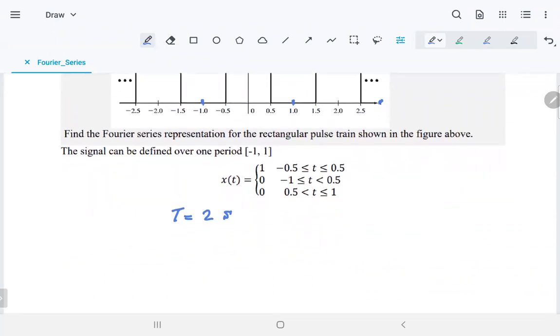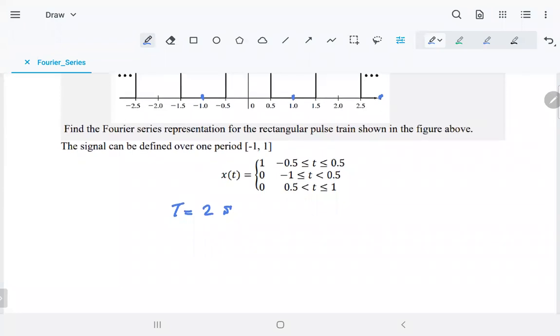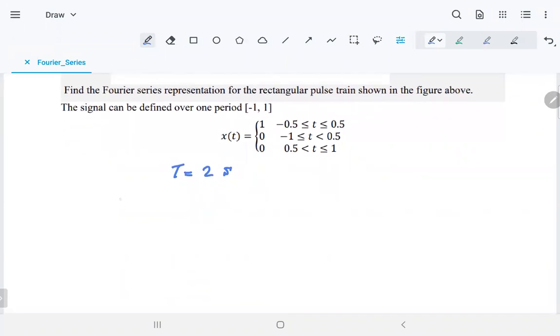Were you asking what the first thing you need to do is? Yeah. That's the average value, right? Yes, the average value. So the average value A naught, the equation of A naught is 1 over T, the